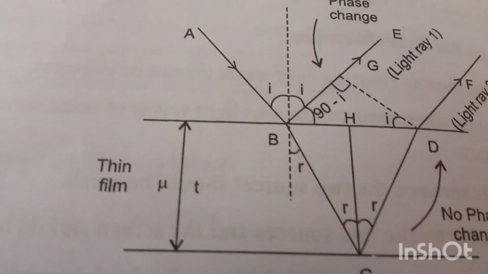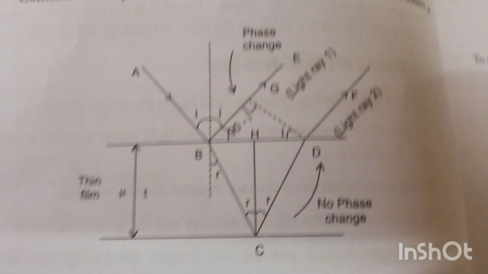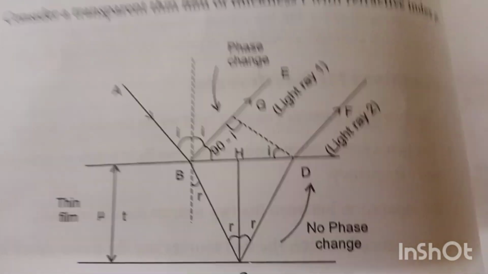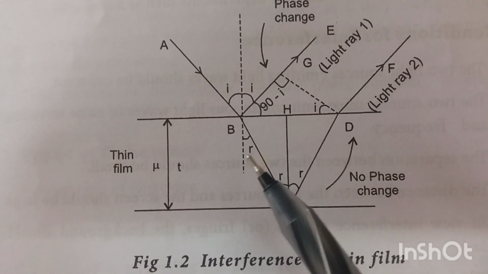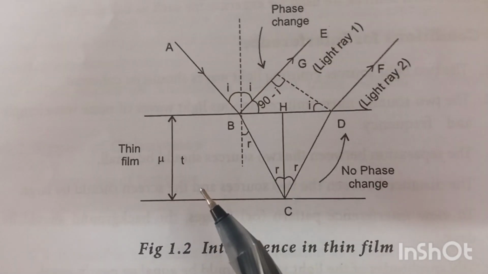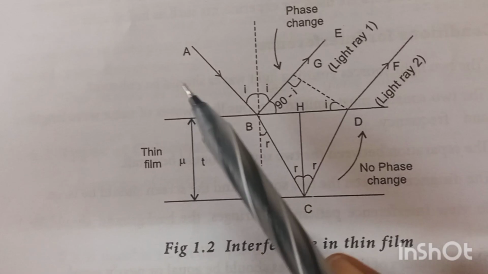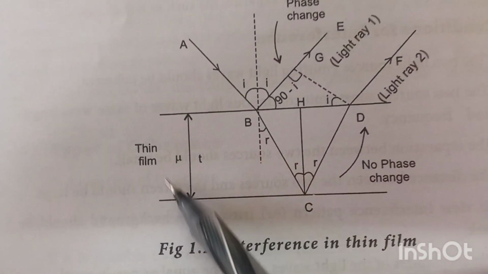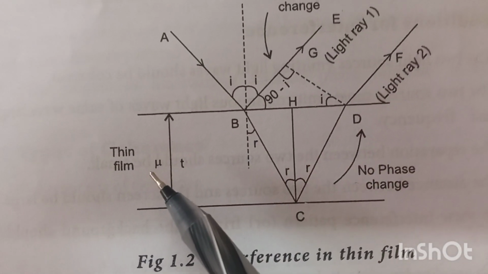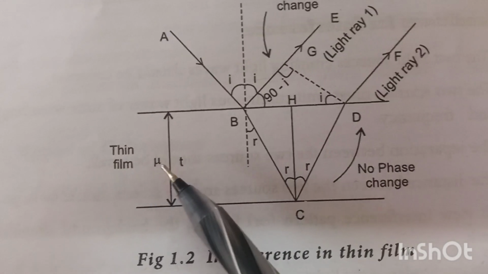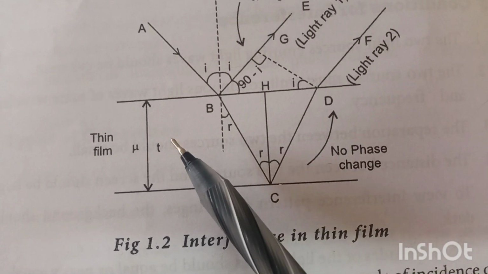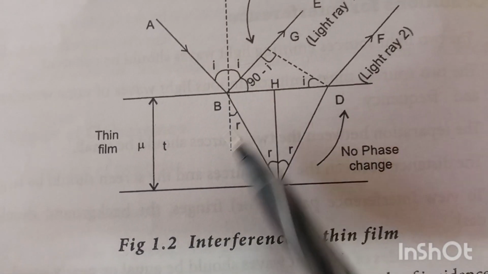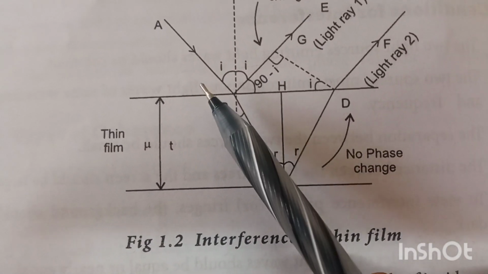Good morning students. Today I am going to explain interference in thin film by reflection. So in case of interference in thin film by reflection, first of all we have to consider a plane parallel thin film. So these two lines can act as a thin film with a refractive index of mu and thickness of small t. So initially the main concept of thin film is when light is incident on a plane parallel